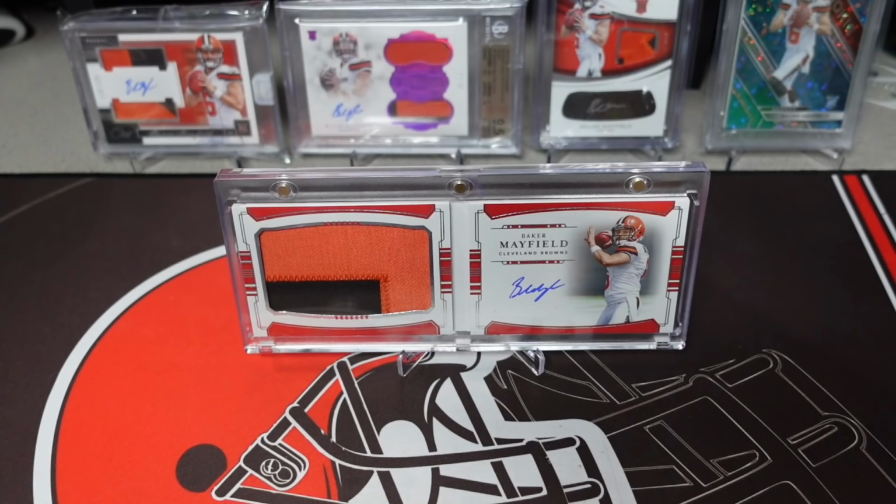He went through my box. I had a bunch of stuff. In my slab box, I have a row of stuff that's like, this is the stuff I would 100% trade or sell, no questions asked. And then I have another row of like, this is the spicy stuff. I'll probably only trade this if it's something that I really want. So he went through the one side, picked out a bunch of stuff. We ended up doing